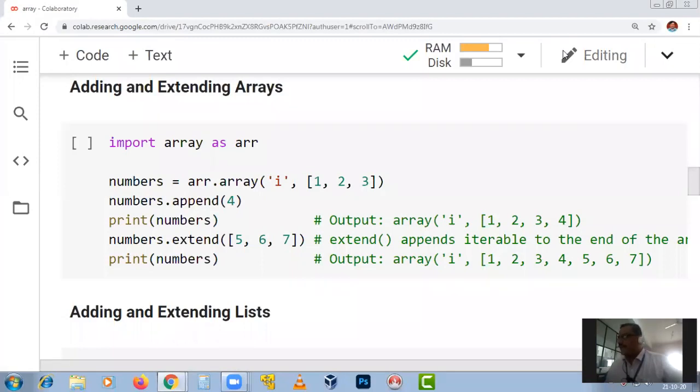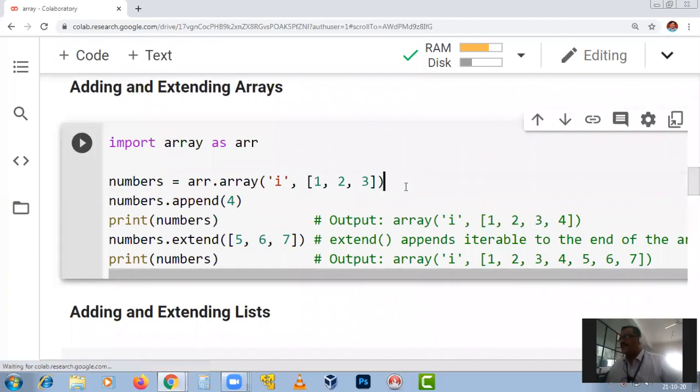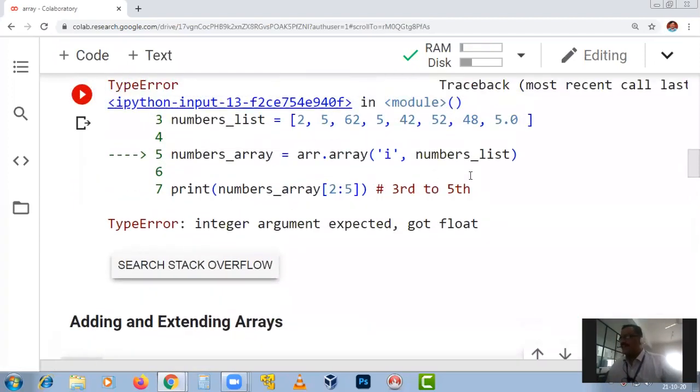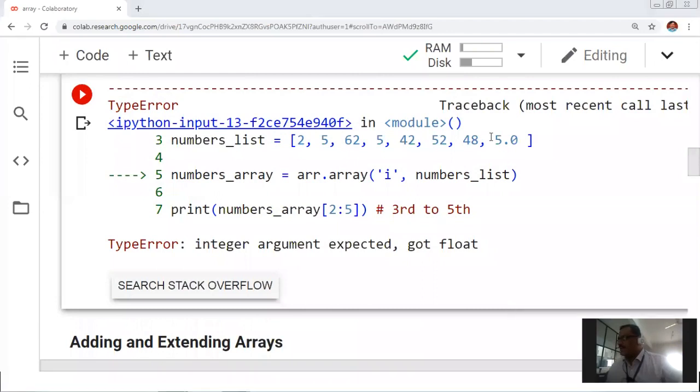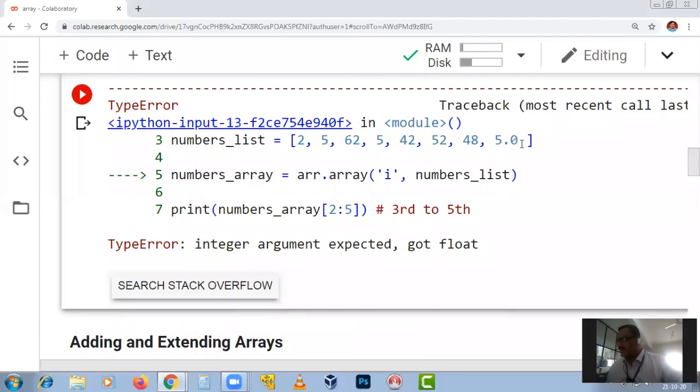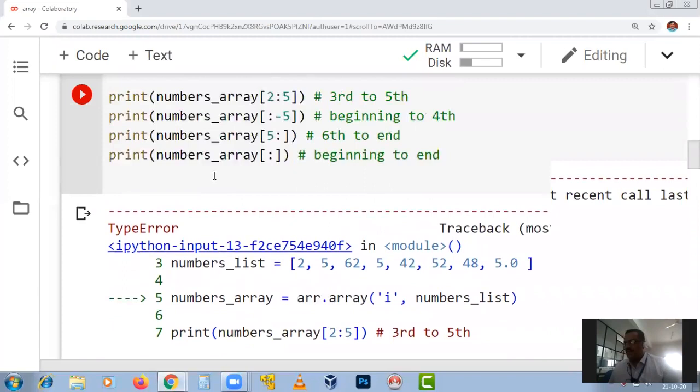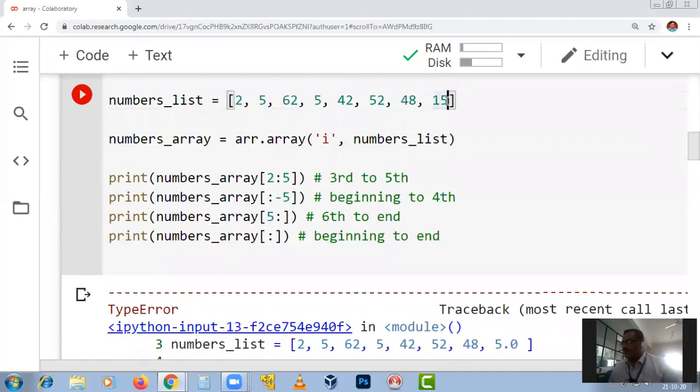Another chat question. Jayant has asked, sir, can we create duplicate elements in the list? Yes, it is done. Look here, in this example, 15 I have given.